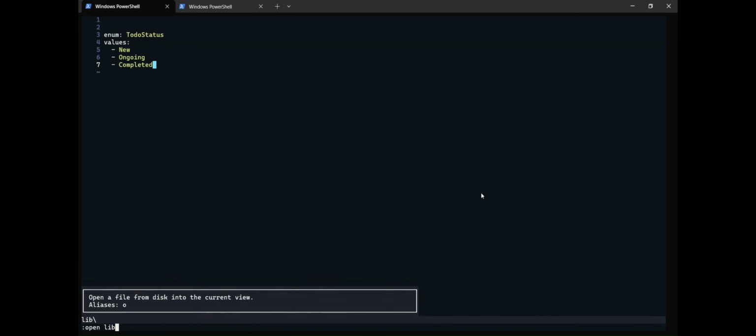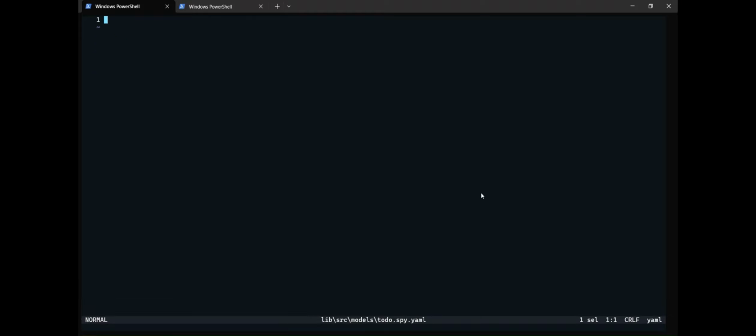Okay, now we will create the actual to-do model. If a model contains a table key value, then that will be reflected as an actual database migration or schema. Note that here table is important. This will be the name of our table in the database.